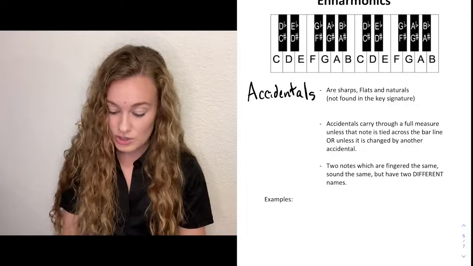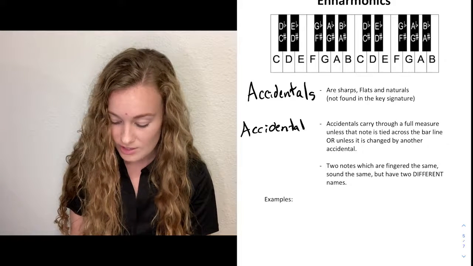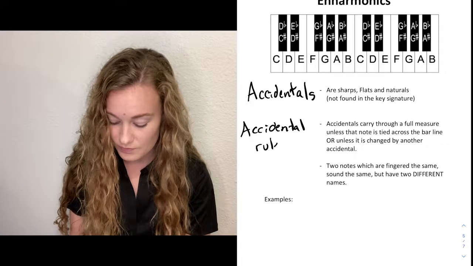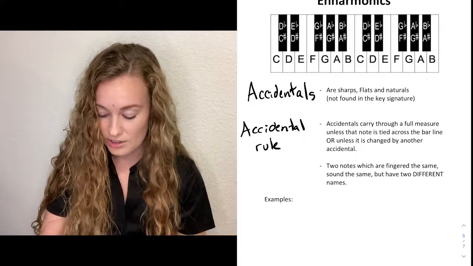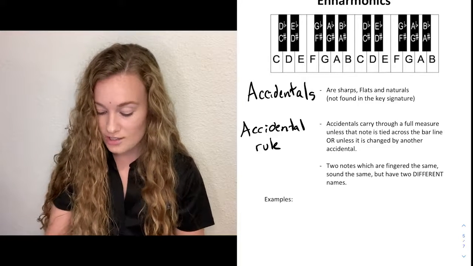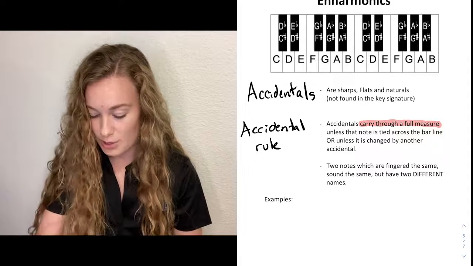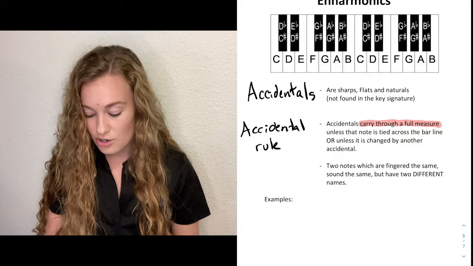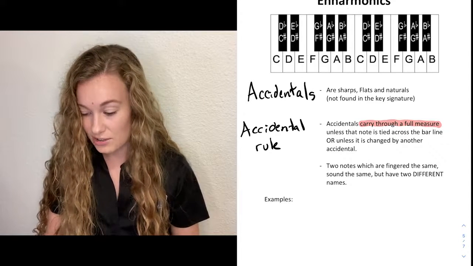Next, this is going to be our accidental rule. So yes, there is a rule for accidentals. And this one's really long, so I went ahead and wrote it in there. But go ahead and get your highlighter. There is a very important part of this accidental rule. So accidentals carry through a full measure. So highlight that part. Unless the note is tied across the bar line or unless it is changed by another